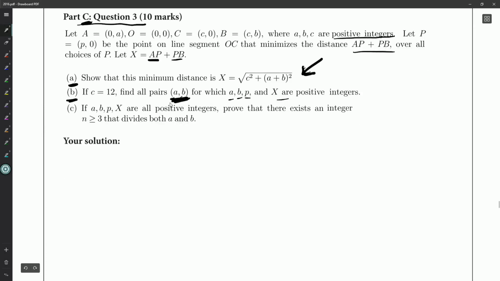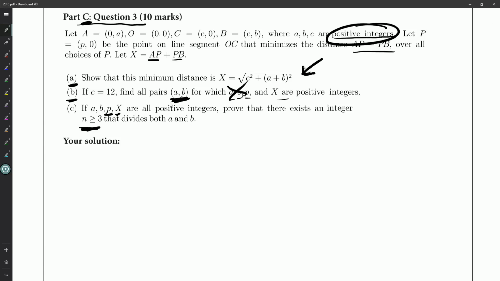Okay, and now part C. If a, b, p, x are all positive integers, so exact same reasoning, we should be looking at Pythagorean triples. Prove there exists an integer n greater than 3 that divides both a and b. Okay. So, we know c is a positive integer. I don't know why they're saying a and b are positive integers again, because we already had that. Really, you should just have p and x are positive integers. We also didn't need that set again. But, okay,